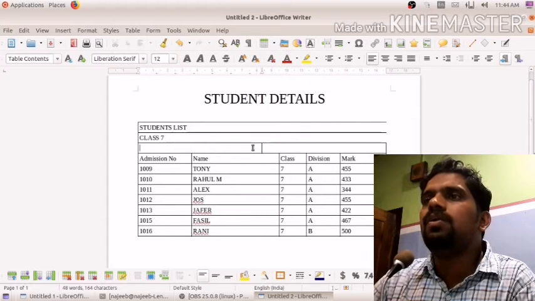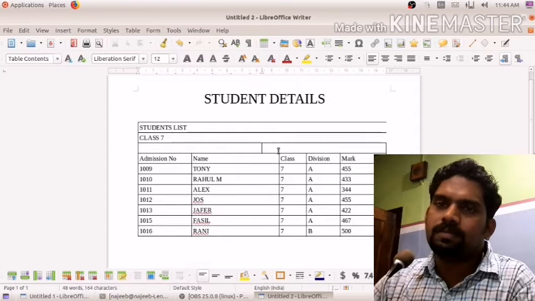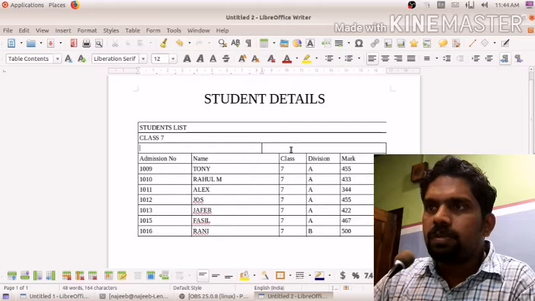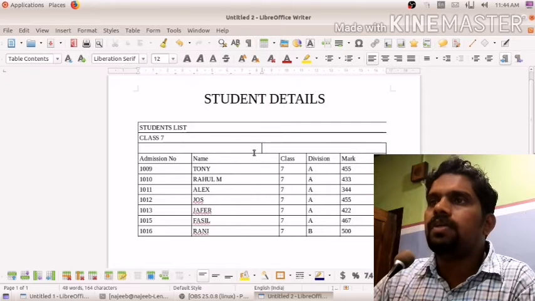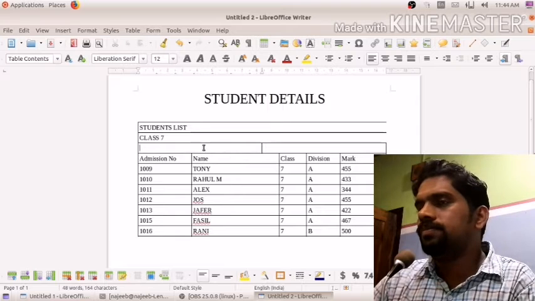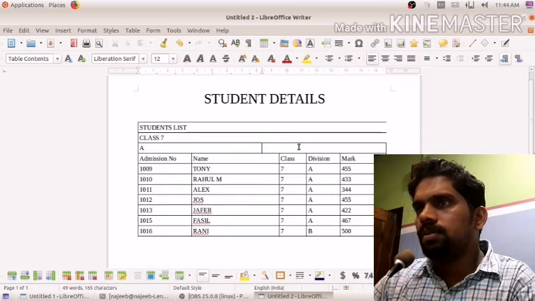You see this third row is split into two parts vertically. So this is split into two parts. Here if you want to write something about this one, we can write. Here also we can write.